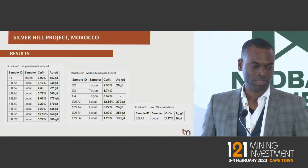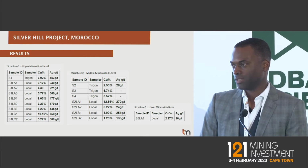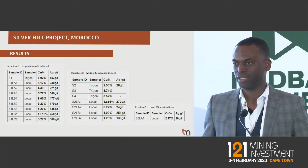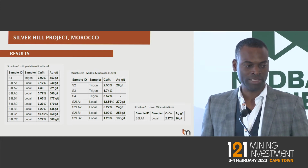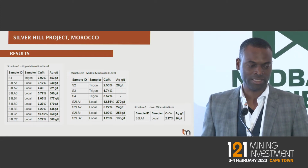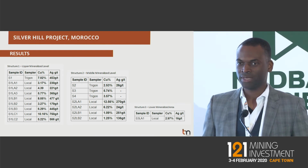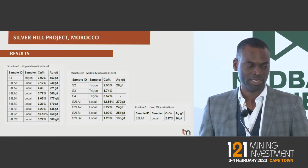On the top structure, we're getting grades. This is grab sample, so there's probably a little bit of bias in there, but we've been able to consistently find high-grade mineralization at surface, and we'll be drilling that soon. So 3 to 10% copper with 200 to 750 grams per ton silver. We expect we've got a zone that's maybe 2 to 4 meters wide